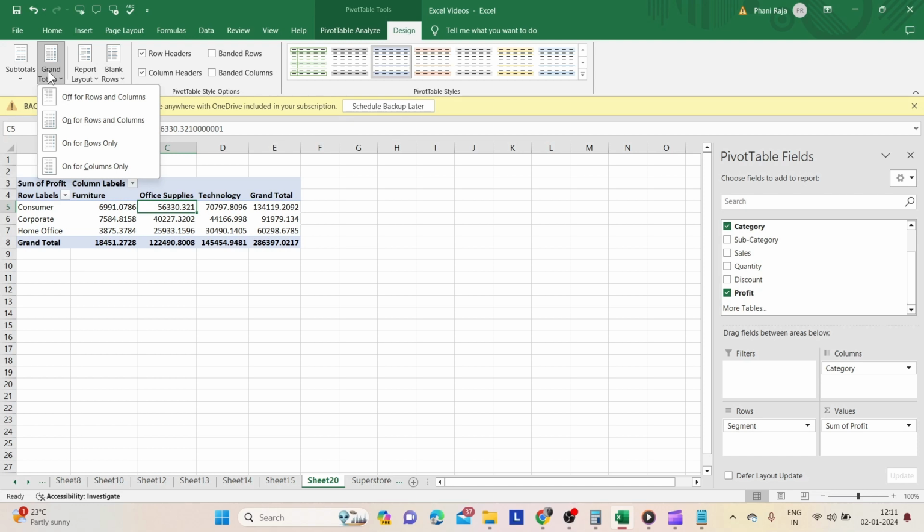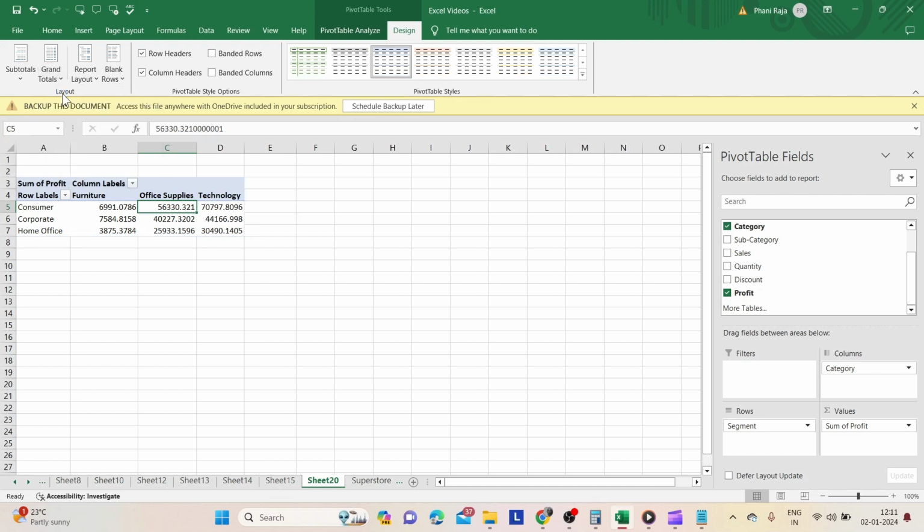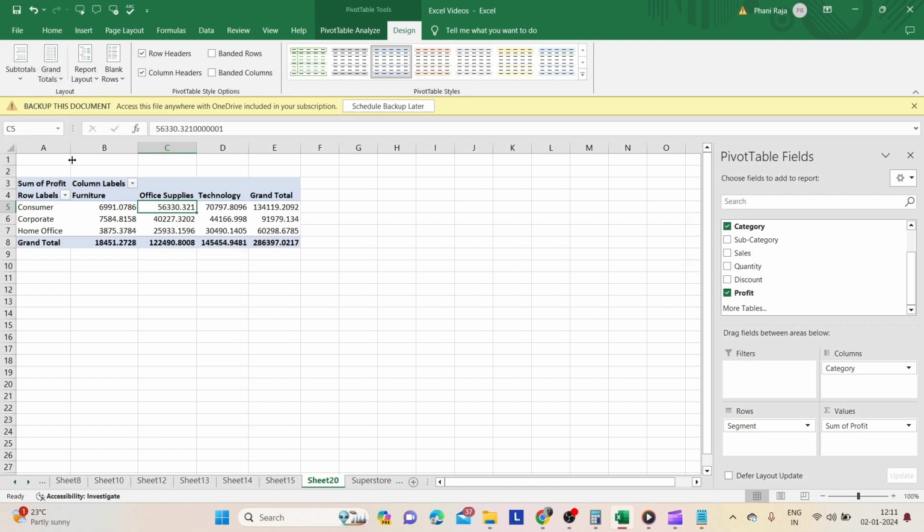Let's see how it works. We click on Off for rows and columns. Let's see what happens. When we click on Off for rows and columns, the grand totals of both columns and rows are hidden. The same way, when we click on On for rows and columns, again the grand totals for both rows